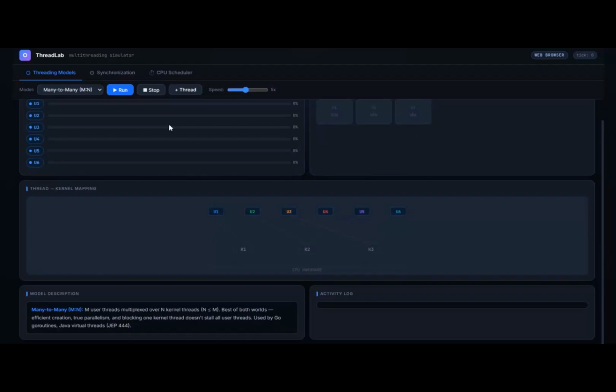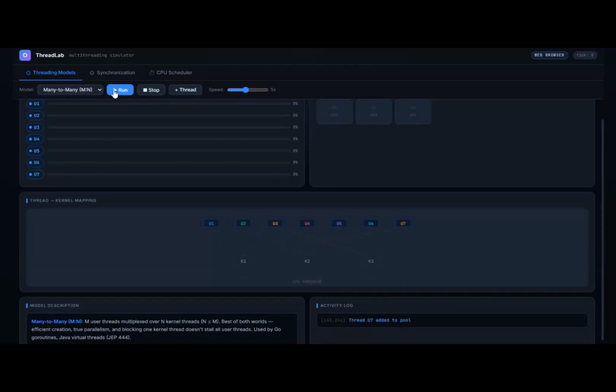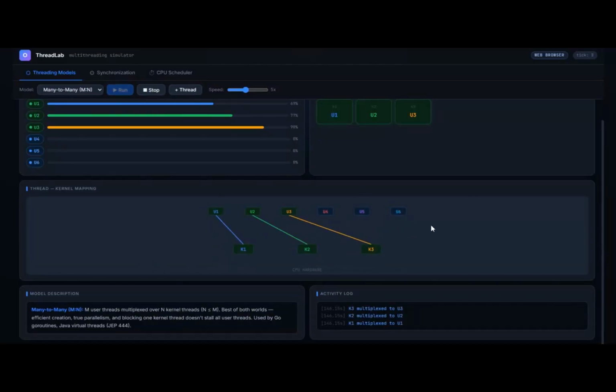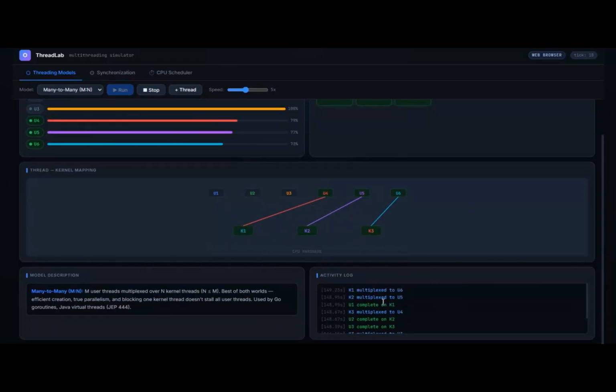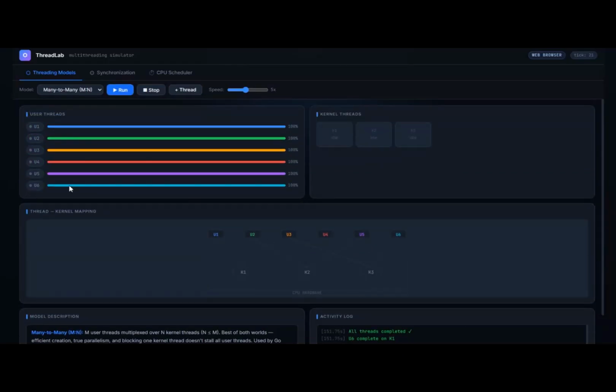So this is the thread models tab. Here I can choose between many-to-many, one-to-one, and many-to-one. So I selected many-to-many. This is an M2N model where multiple user threads are multiplexed over a smaller number of kernel threads. We can add threads from here and we can run. It will show our output in this manner. You can see the activity log has been monitored here, how user threads will work, their percentage of process done,